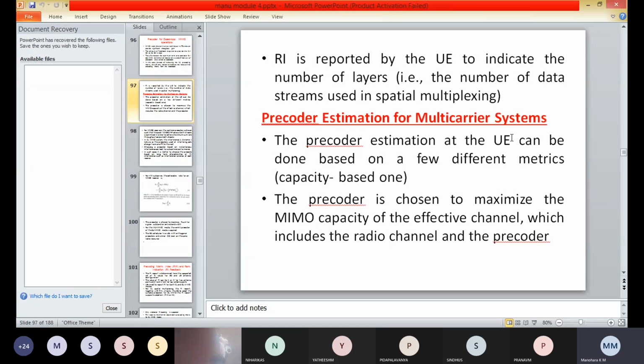It has been shown that in such cases it is better to choose the precoder based on the long-term characteristics of the interference, such as the interference variance at the receiver antenna.